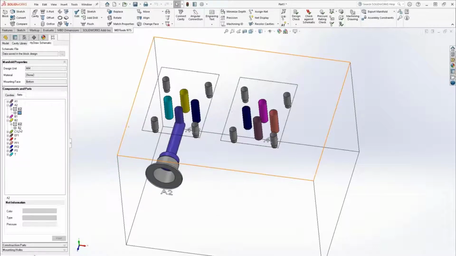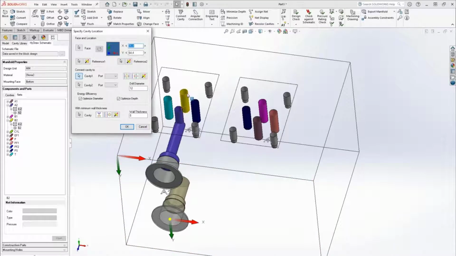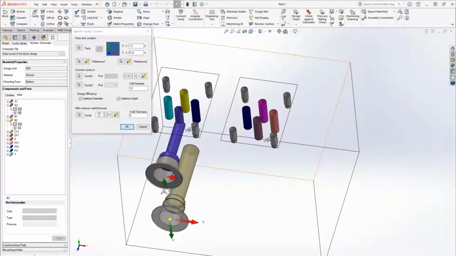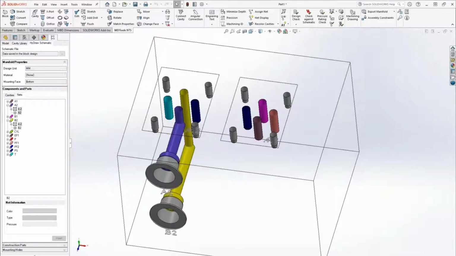We can do the same with the yellow one. B2, insert, touch, and connect. Now I want to keep a fixed distance from A2, so I will switch the reference to A2 and keep 0 and maybe 45mm. And again, I can define a diameter of 8mm. This is the easiest part actually, but let's start from the